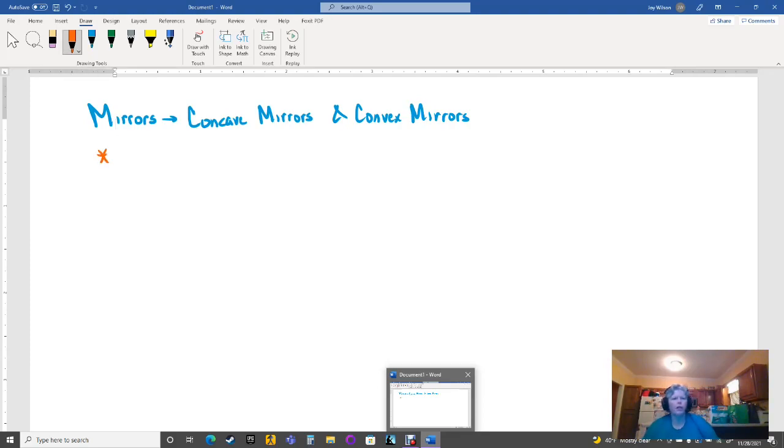But we're going to be looking at three things. We're going to be looking at the three principal rays that we draw. Because if you'll recall, when you're looking at any particular illuminated object or lighted object, or even reflected light, light goes off in all directions when it comes off a surface, because you have to obey the law of reflection. And so our three principal rays that we're going to look at, instead of trying to draw lots and lots and lots, we're just going to draw three at a time. And those three principal rays are the one that is parallel to the principal axis,